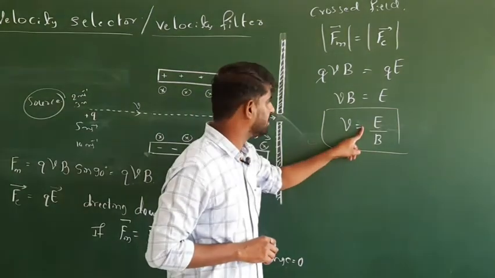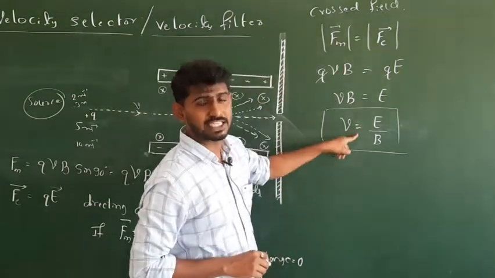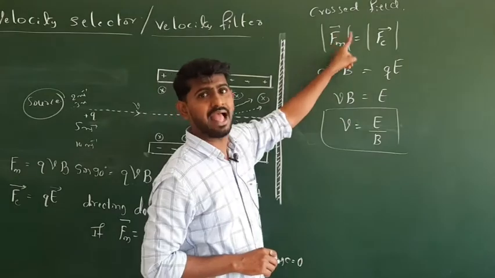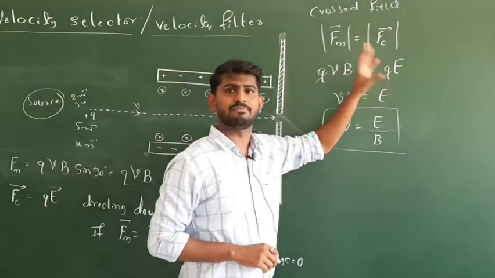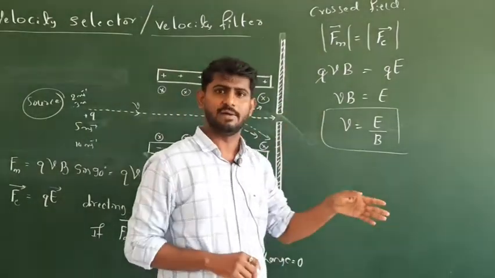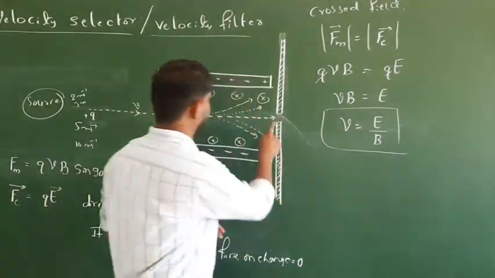Then that charge experiences equal magnetic force and electric force. So, that's why the net force on the charge is 0, then it will move in a straight line and it will